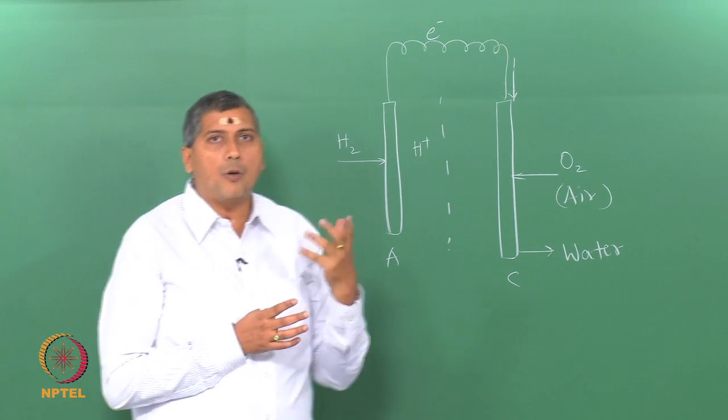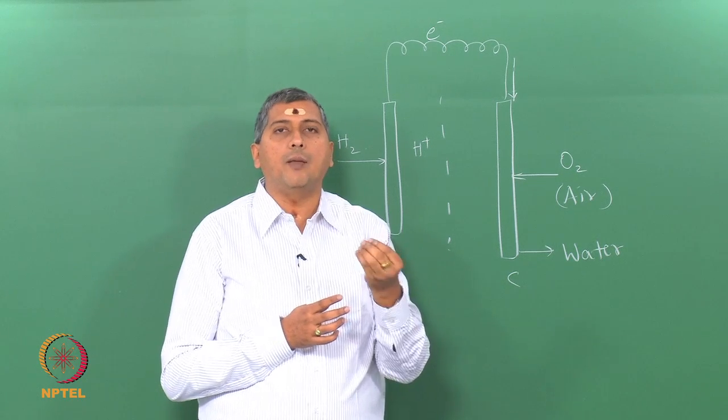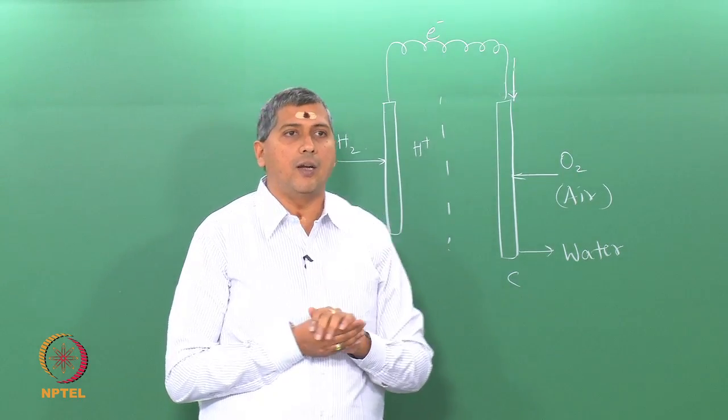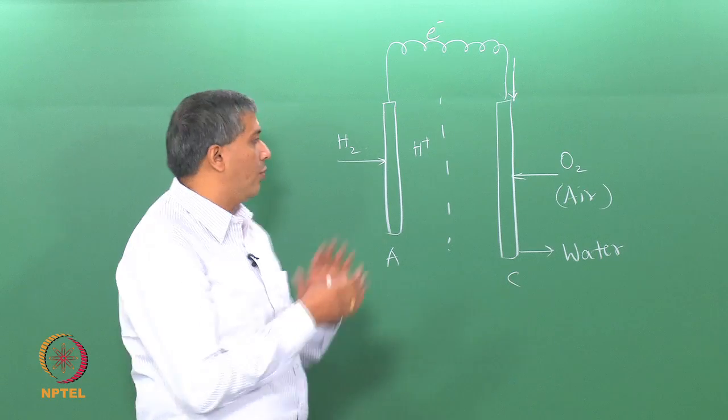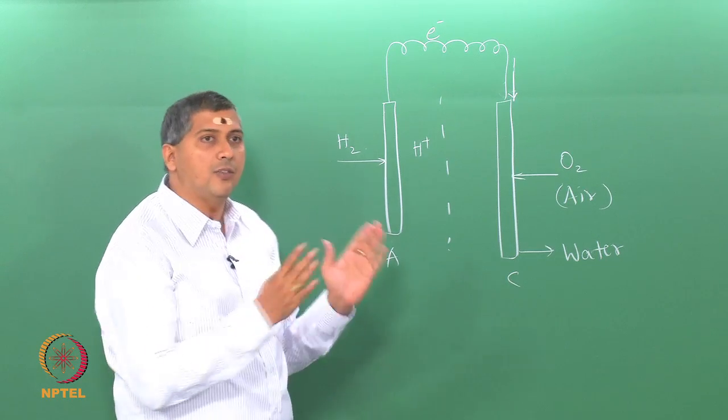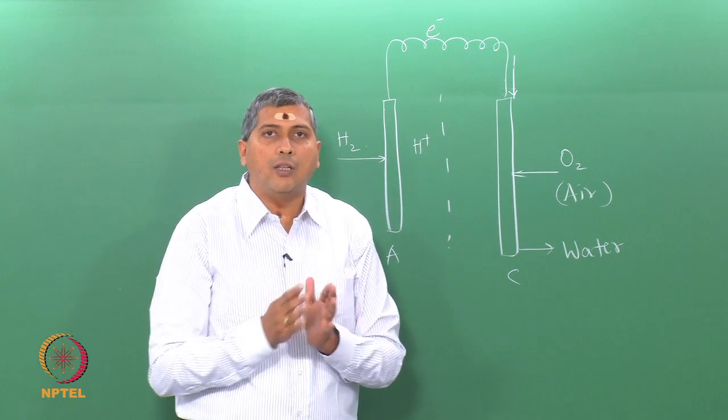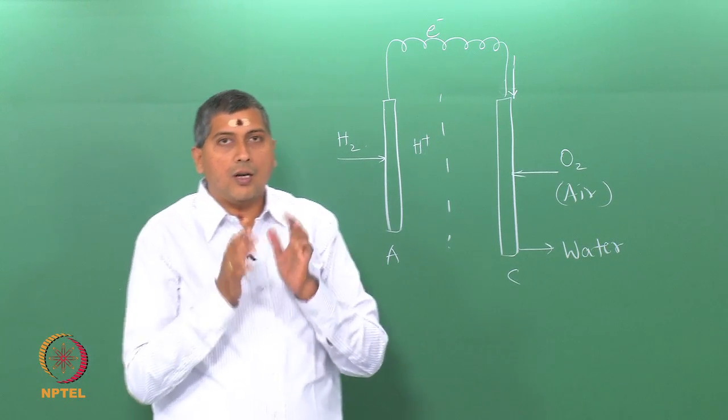With a single cell, probably I can generate enough power to light a bulb of maybe 50 watts or 100 watts and so on. It is not enough to really supply power to an entire household. So, what we do is we stack several cells together depending on the requirements. Now, coming to the point,